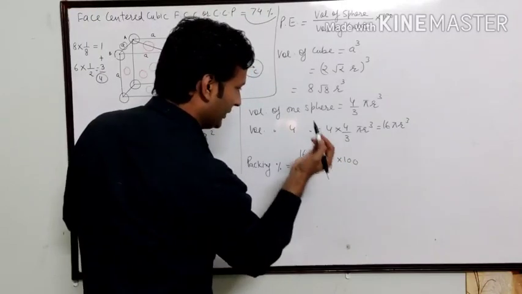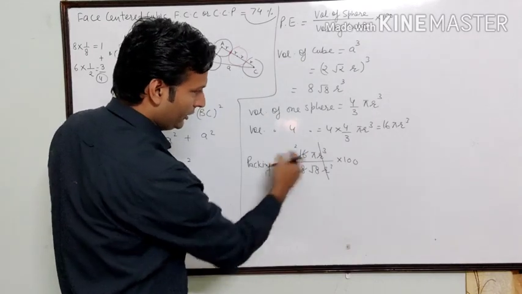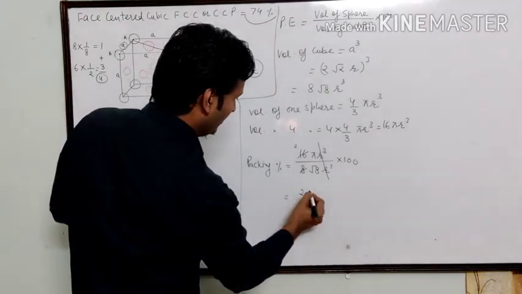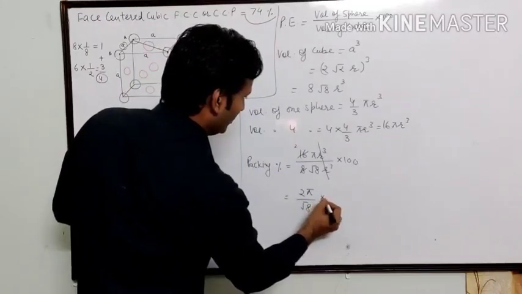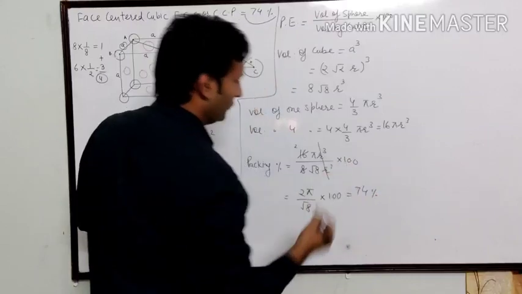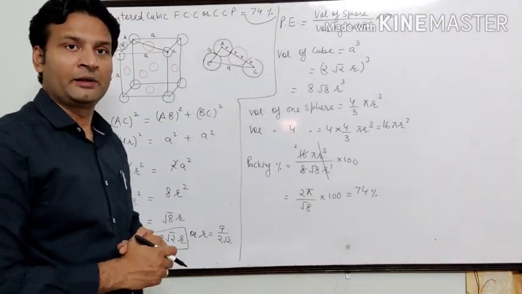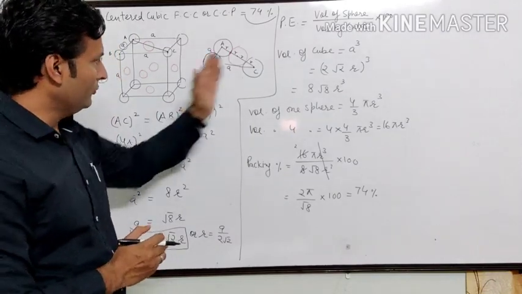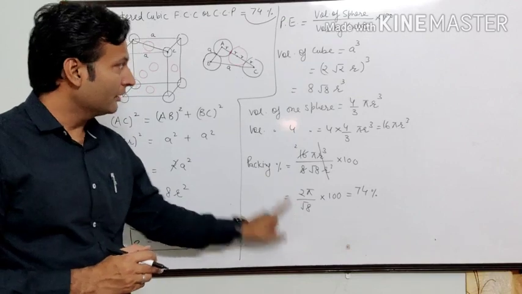R cube cancels with r cube and 16 can be cut by 8. Now it is 2 pi upon root 8 into 100, and when you solve this it will be 74.02%, that is 74%. In this manner we can prove that the packing efficiency or packing percentage in FCC unit